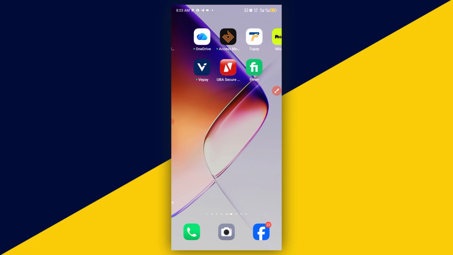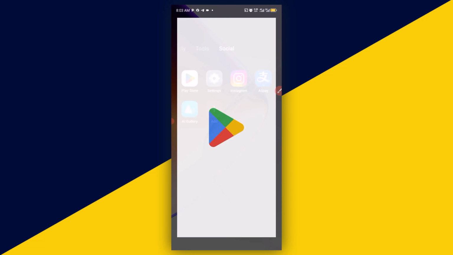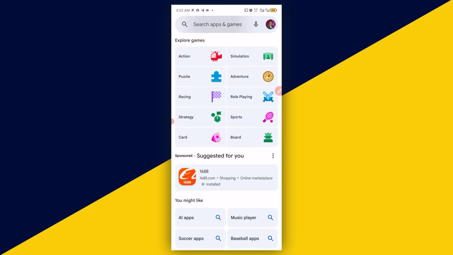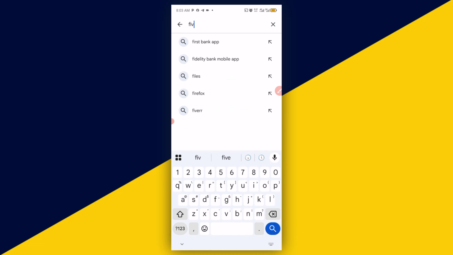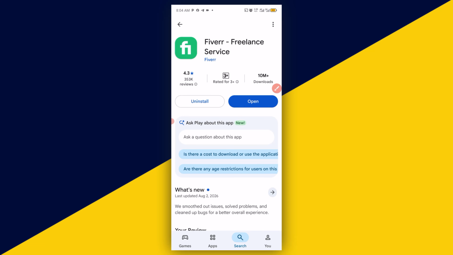For everyone using an Android phone, just go to Play Store, open up your Play Store, and then make sure you click on search app, type in Fiverr. Then hit search, and the next thing you want to do is click on Fiverr freelance service. It's going to take you right here. Make sure you download and install Fiverr. After a successful download and install, click on open,